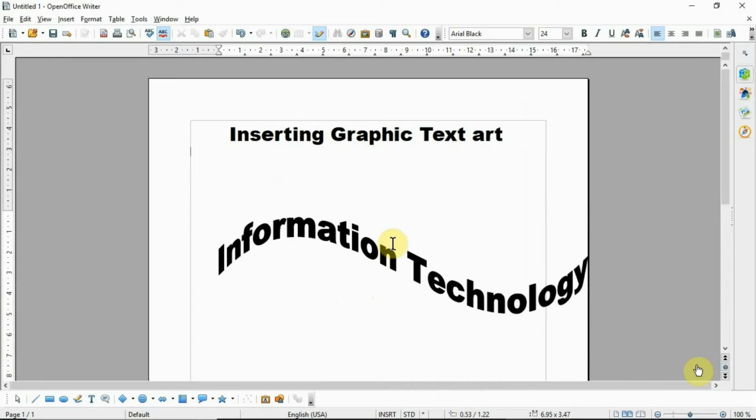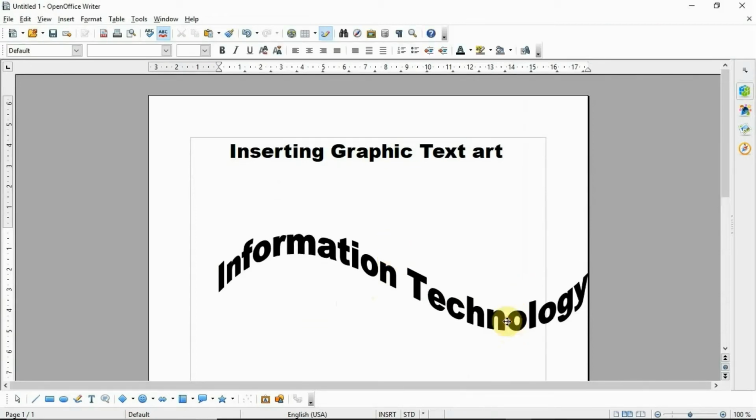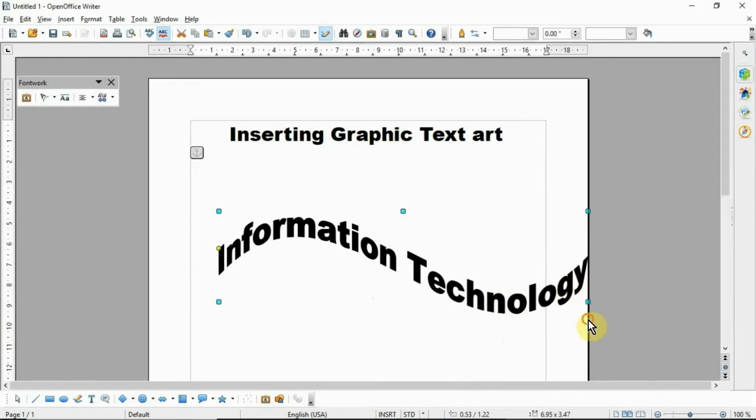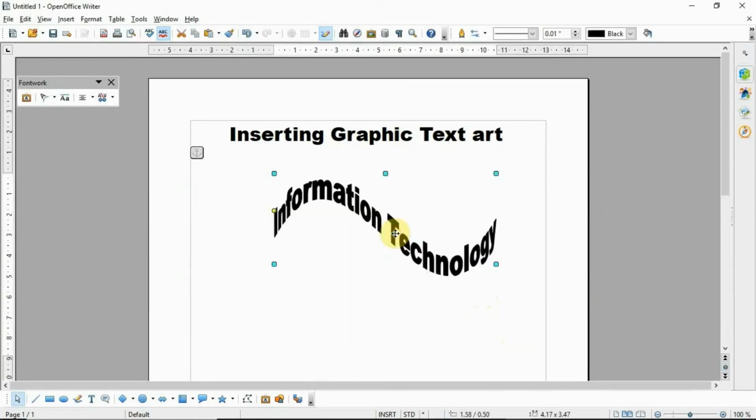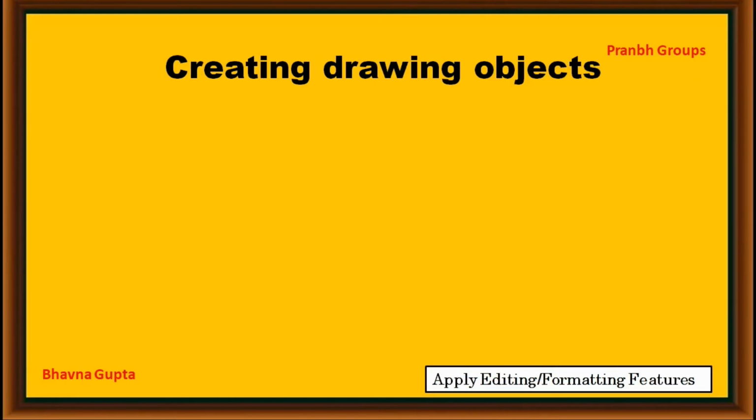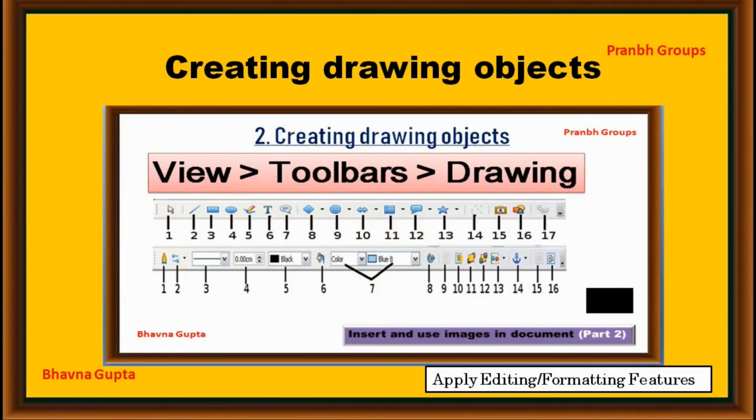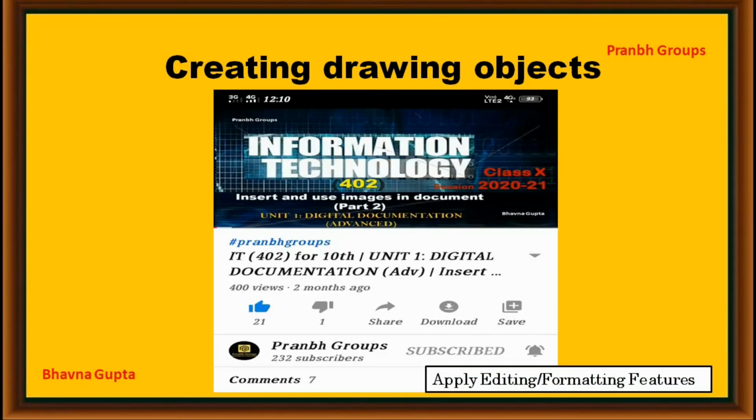And if you want to resize the object, you can simply select your object and then resize. This is a graphic text art. Fourth topic, creating drawing object. I already made a video on this topic also. I will give a link in the description and you can click the I button for watching this video.